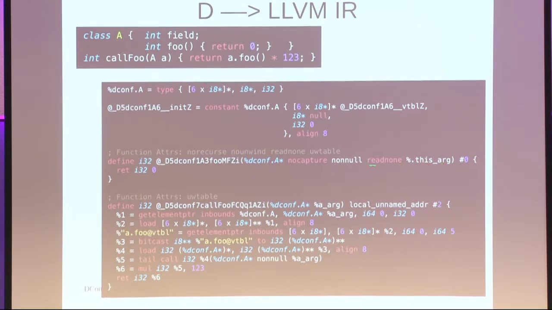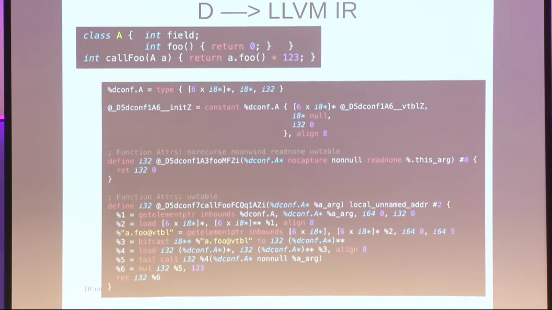It takes one parameter, a hidden parameter, which is the this pointer, right? The class itself. And all these things are just optimization remarks, right? Nocapture means it's not storing the pointer. Nonnull means the pointer can never be null. Readnone means it's never going to read from this pointer either, because it's just going to return 0, as